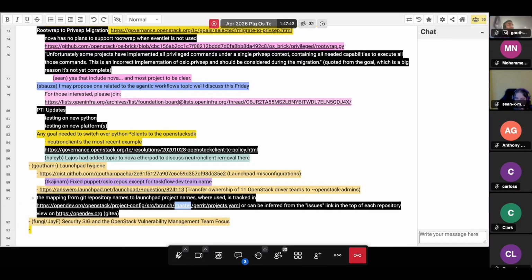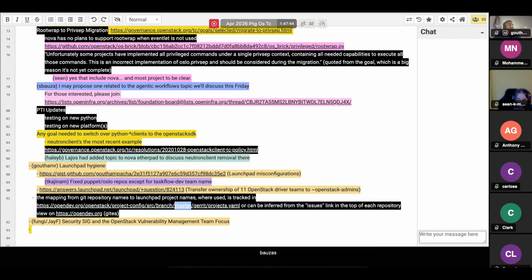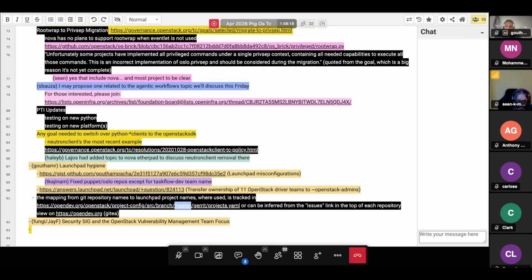The only reason I pointed out where the mapping from repository names to project names is tracked is that if you're trying to audit this stuff, you may in some cases be looking at dead or defunct entries on Launchpad. If your analysis was based on just guessing what the names are, you really need to follow through from the source of truth on the Launchpad project name mapping that we maintain, to know which projects and then which teams referenced in those projects need to be updated. Thank you. That's a good call out.